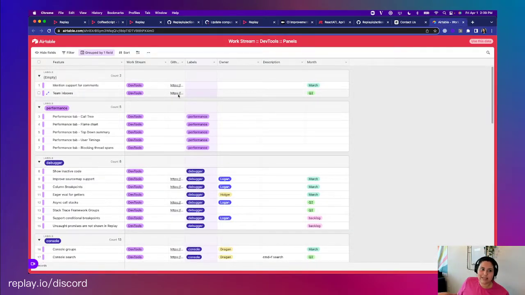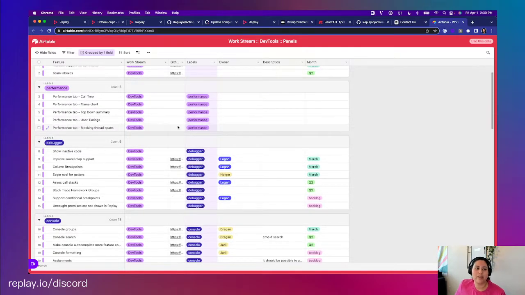Team inboxes. This is something where we are seeing, from a support perspective, people who have their users record replays for their support team. So being able to collect those external replays within a certain team perspective without having to give access to your entire team. As you can see, we have a lot of performance related things on our